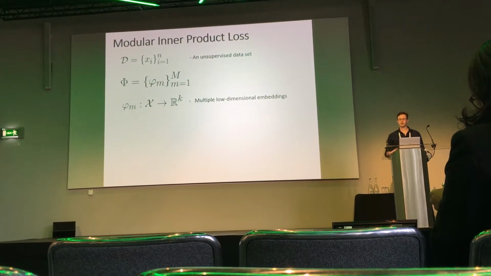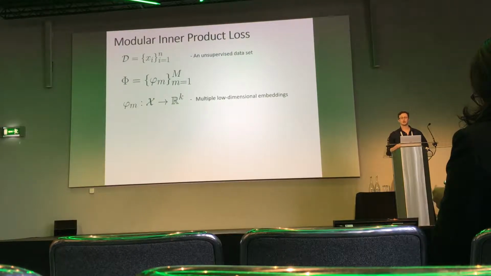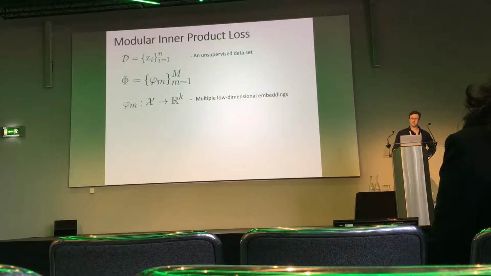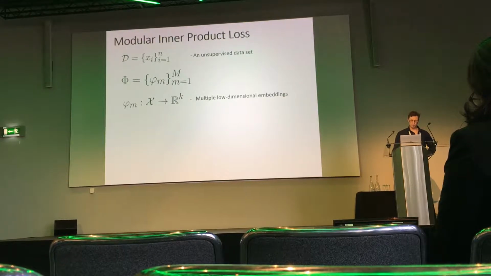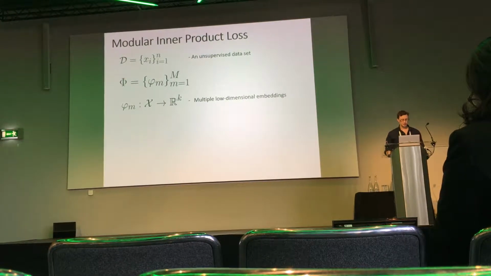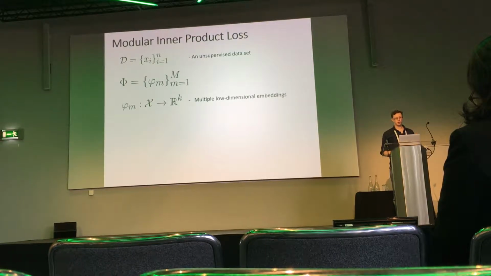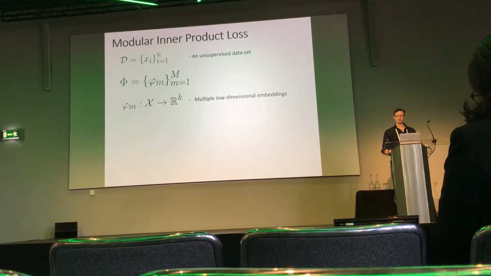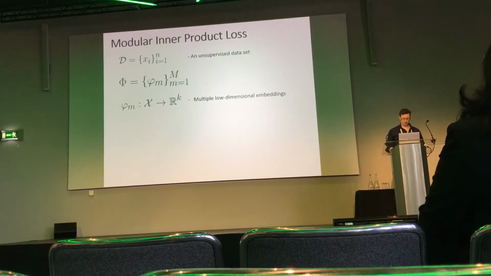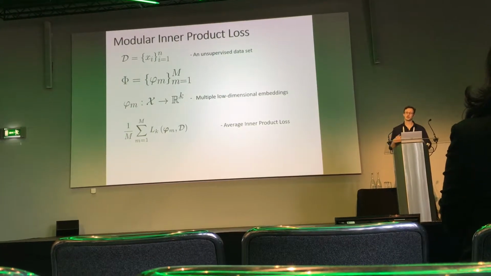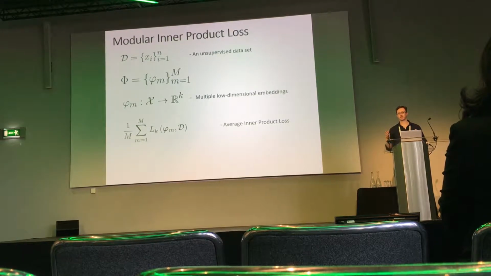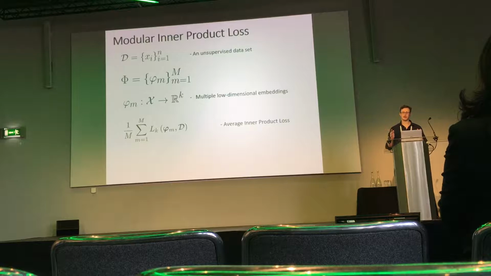Now what we want to do in this talk is learn multiple low-dimensional representations. So we're going to use a modular inner product loss. The way this is constructed is as follows. Again, we have an unsupervised data set D, and we're going to learn a sequence, big phi, of low-dimensional representations. I'm going to call each of those phi n. Each of these is a mapping to a lower-dimensional feature space. Our loss function is going to consist of two components, the first of which is the average inner product loss. We're going to look at the inner product loss we saw before and simply take the average over